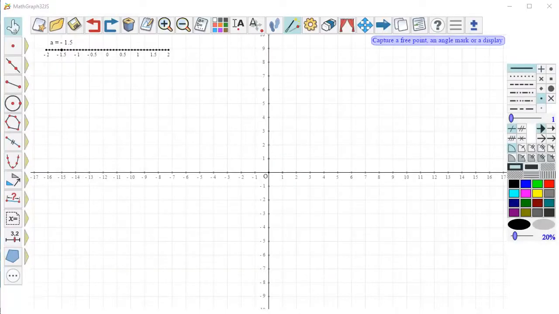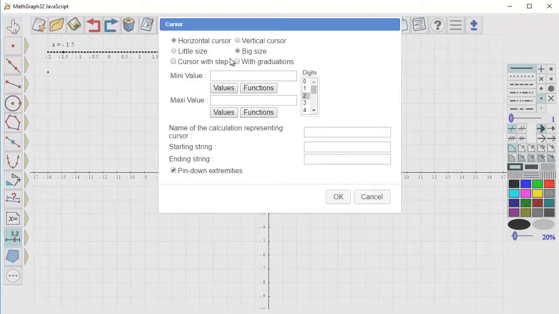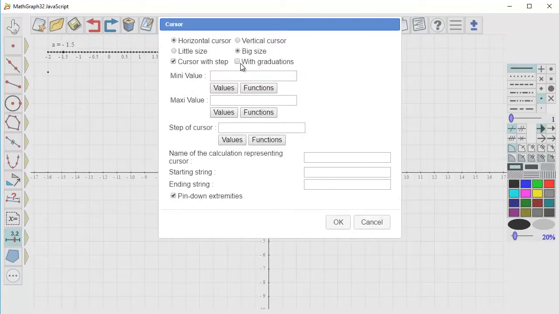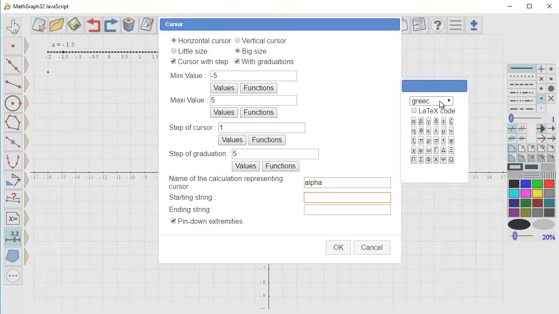Okay. Now I create a second cursor under the first one, big size, with step, with graduations, mini value -5, maxi value 5, step of cursor 1, step of graduation 5, name of the calculation alpha, starting string, I use Greek and I click on this icon,